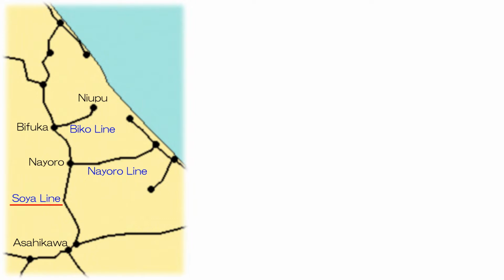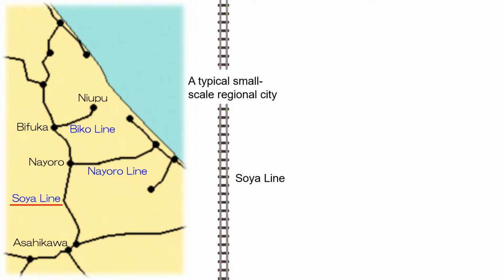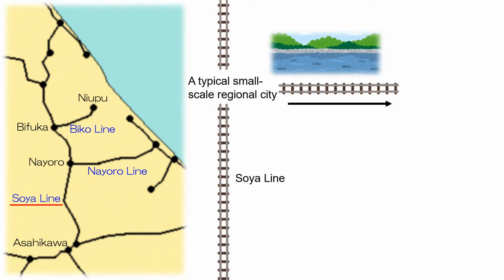In addition, the main character changes trains at a typical small-scale regional city and continues east. There is a description in the work that shows that the line follows a river. Then, he gets off the train at Junitaki-cho, the final stop. When the first settlers, led by a young Ainu man, move east, the town is described as blocked by mountains and could go no further. In short, it is inland, not coastal.